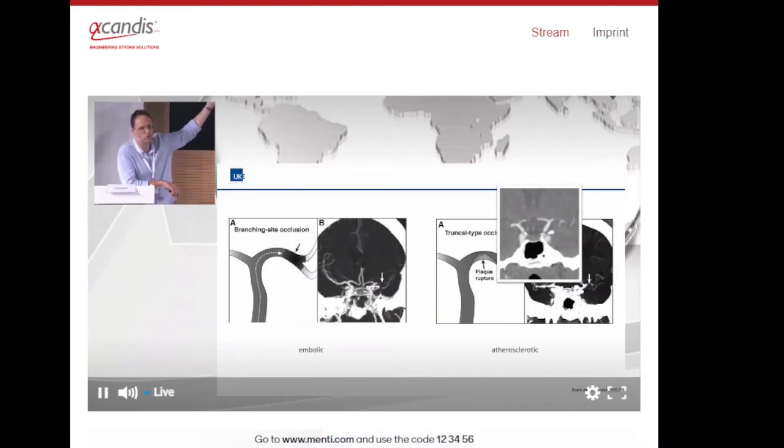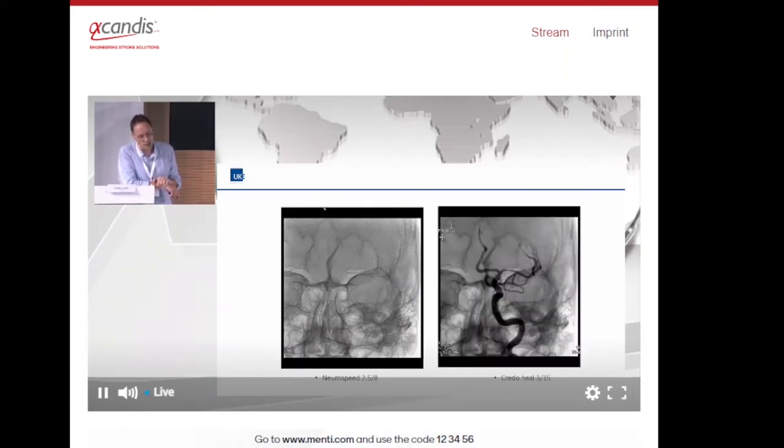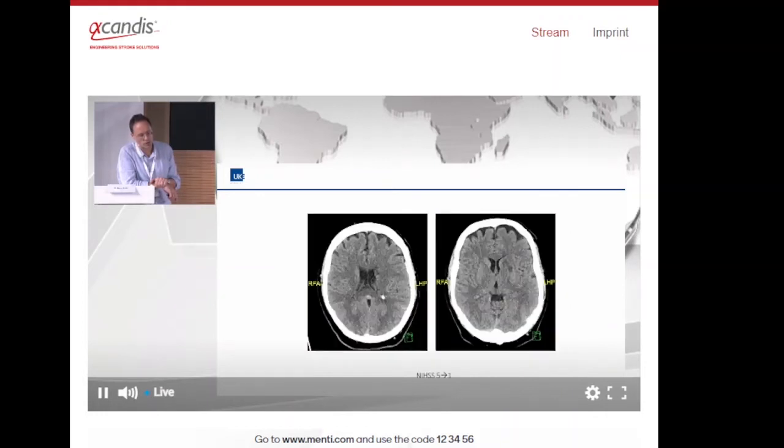So we have a typical truncal type occlusion that points to ICAD. And so we went for PTA and stent in this case with a Credo stent, so no change in medication in our institution at that point. And everything looked fine, the vessel remained open, and in this case, the patient and we were lucky, so only